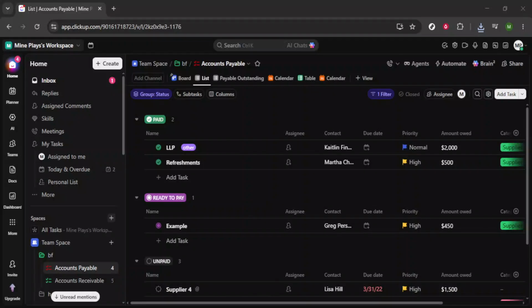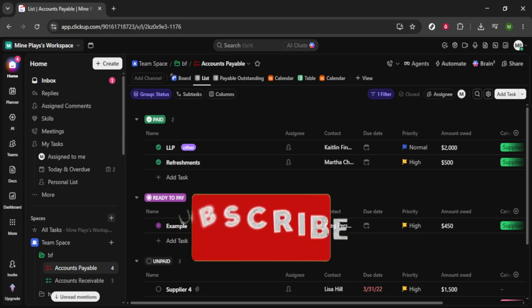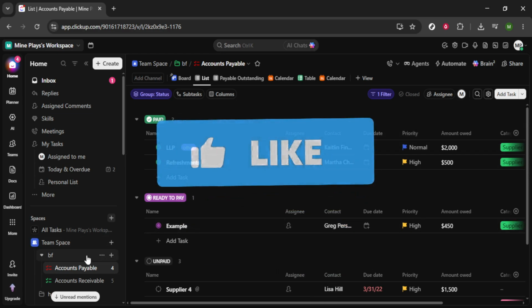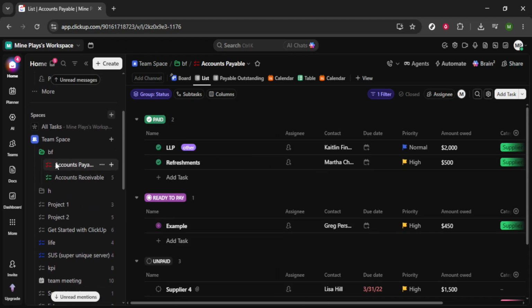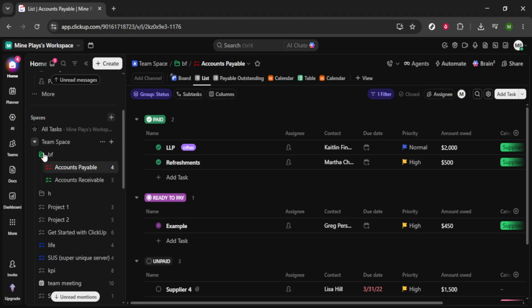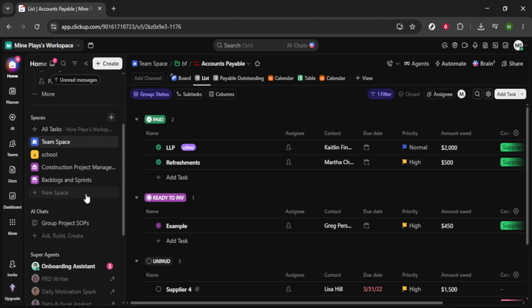In today's video, I'm going to teach you how to organize your software stack in ClickUp step by step so you always know what tools you're using, what they're for, and who owns them. This is perfect for founders, teams, and freelancers who want a clean, documented system instead of scattered notes and forgotten